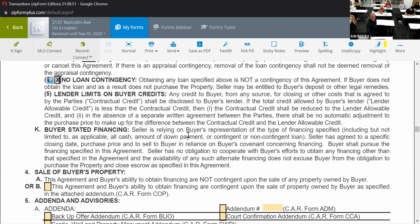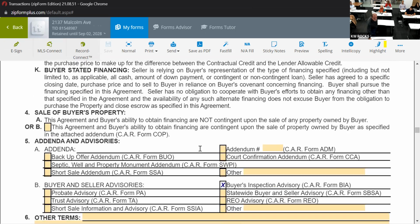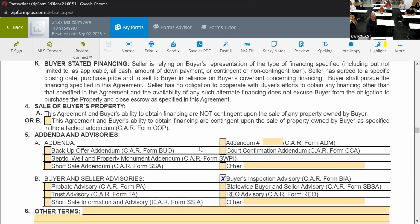Fine. So that's, again, be careful when you're dealing with clients. If they're ever removing their contingencies, you have to be very careful. All right, so one of the other contingencies that you can have, let's say you're dealing with a buyer who says,